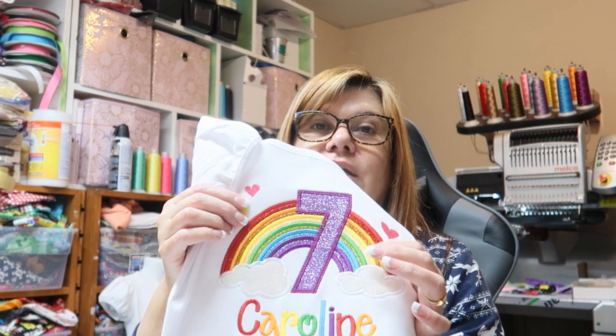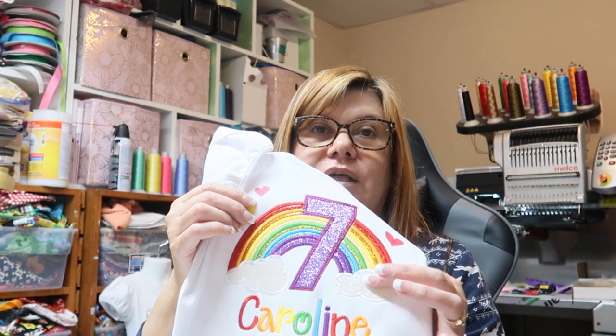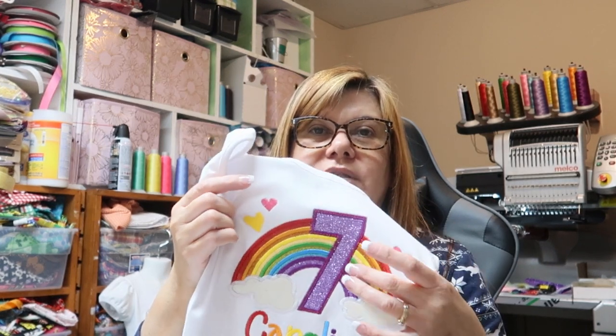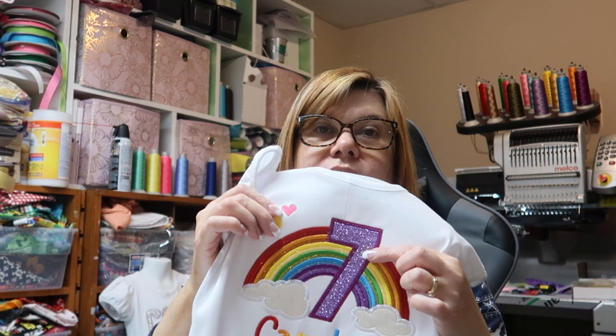Let's say if it was a 7 and her name's Caroline, and it'd be already programmed in there for all those colors. And then the 5 is for Catherine. And so when I put it in, they would be all in the same order. Well, for whatever reason, they're not the same pattern. The threads are not in the same order. So I had to change. The rainbow itself starts off, and then in this one, after the rainbow, it did the clouds, then the hearts, then the number. Well, on the 5, it does the rainbow, the number, the clouds, then the hearts. So, anyway,